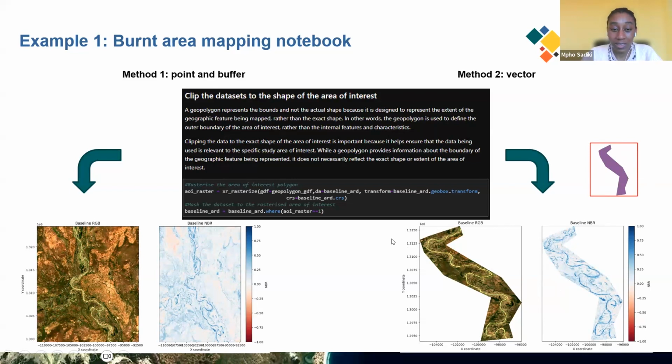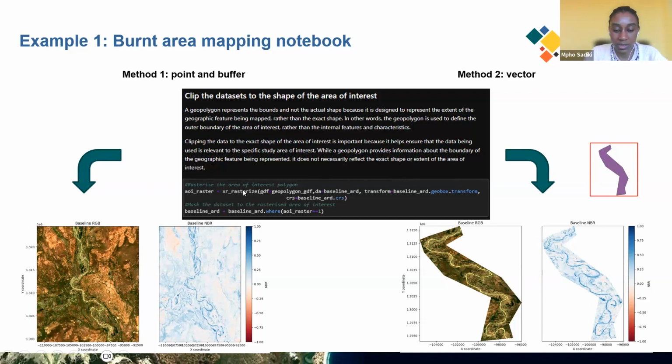So the reason that this may be important to you is because maybe you're looking to focus on a specific study area without interference from areas outside. Because if you just use the extent, you might be including areas that you do not want to include in your analysis, and that could tamper with your outputs. But if you don't want that and you want to restrict your study area to the exact shape of your vector file, then you would have to run this